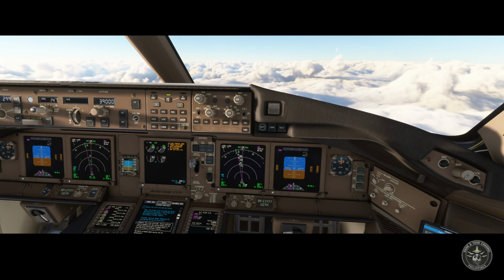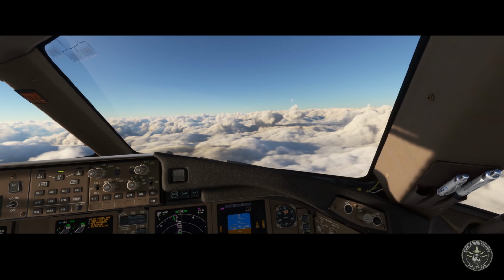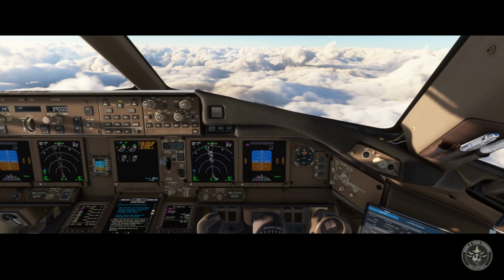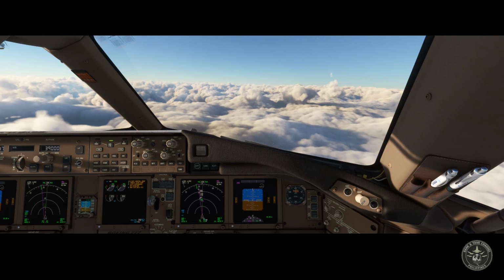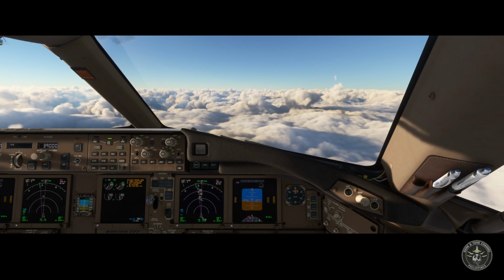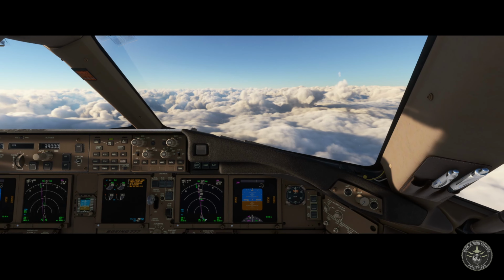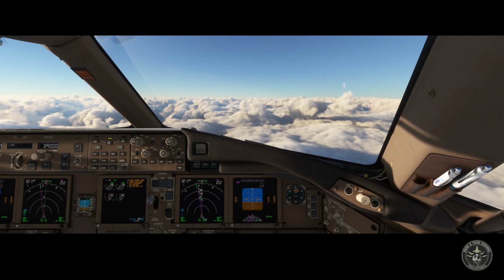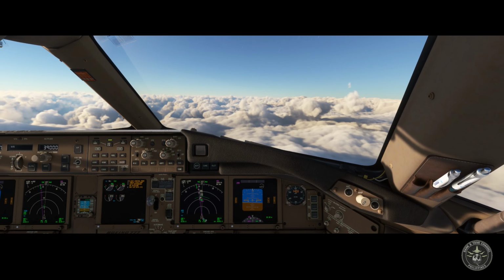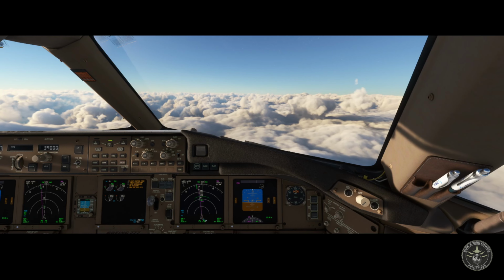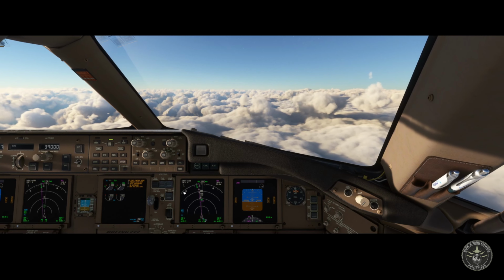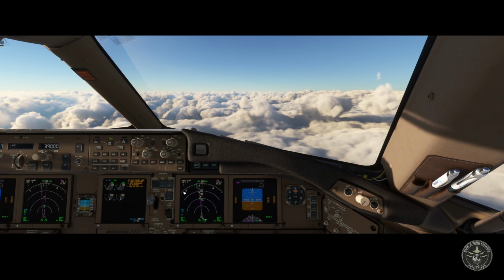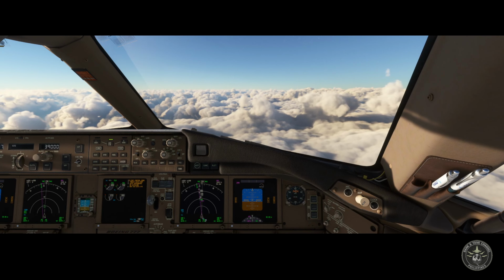Okay, what happened? So I'll just turn off my Track IR. So let's fly the airplane at 4 degrees, 70 knots, 70% N1. Our altitude right now is 15,000 feet.